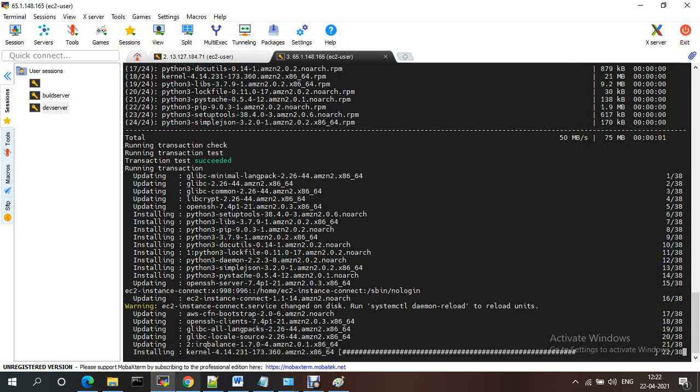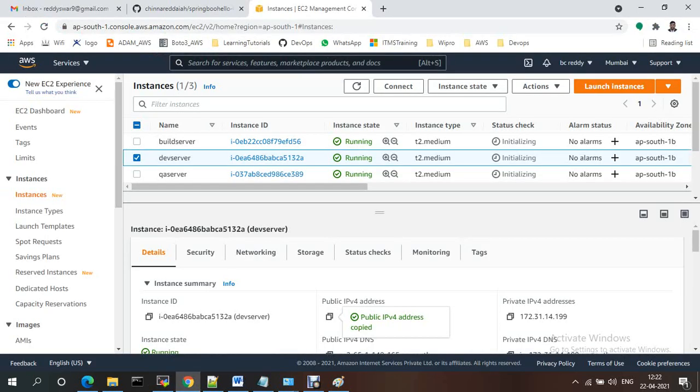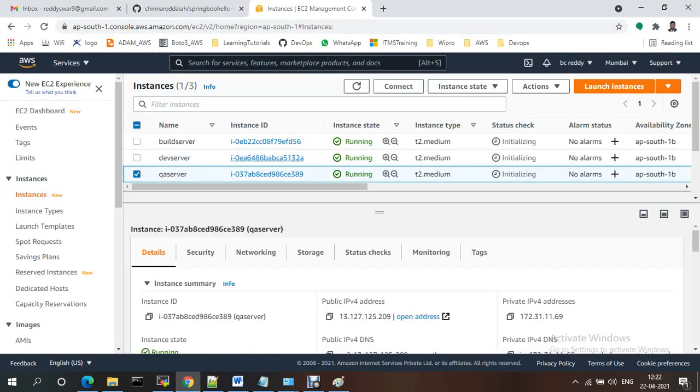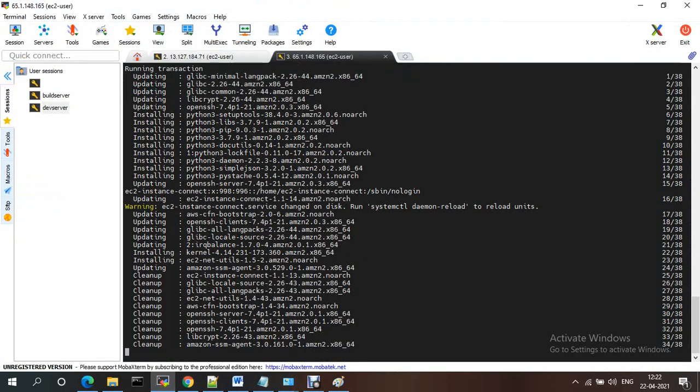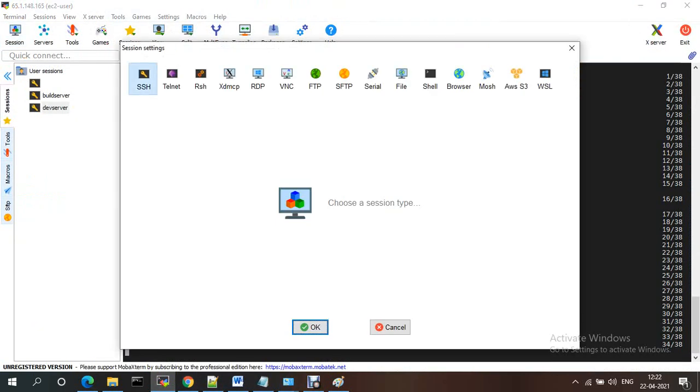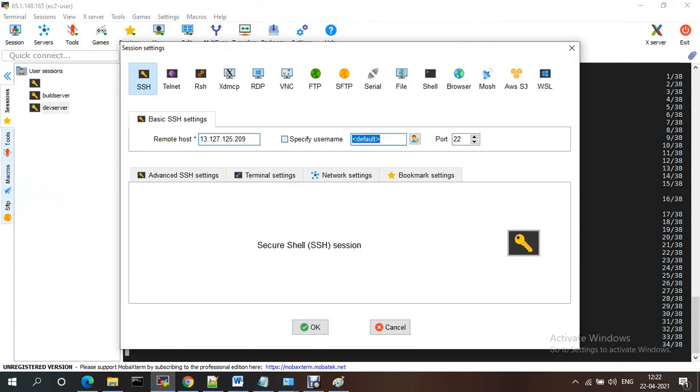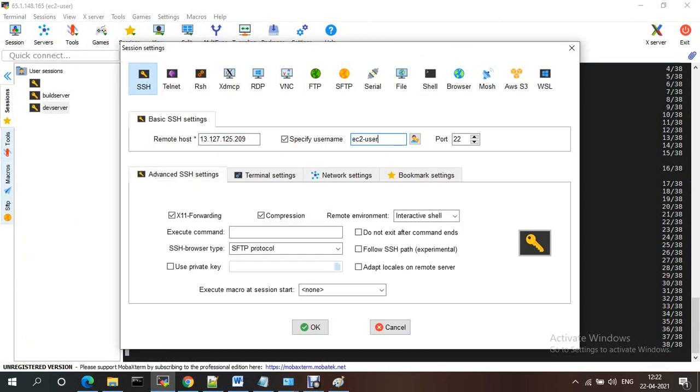Let me take another server as well. Taking a new session, SSH connectivity, and giving username as ec2-user. If it is Ubuntu, it would be ubuntu user, but mine is ec2-user.